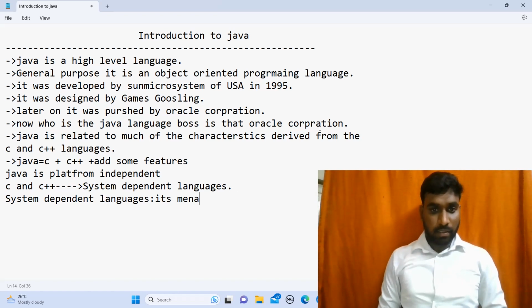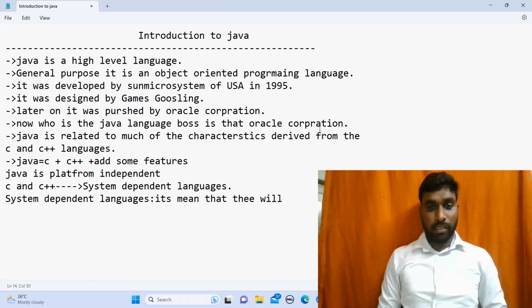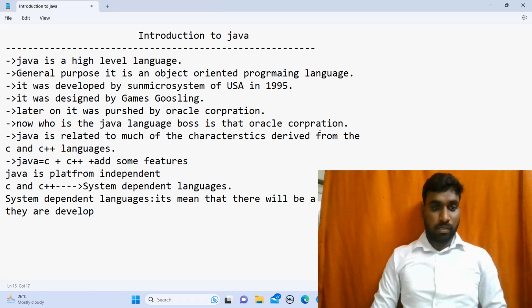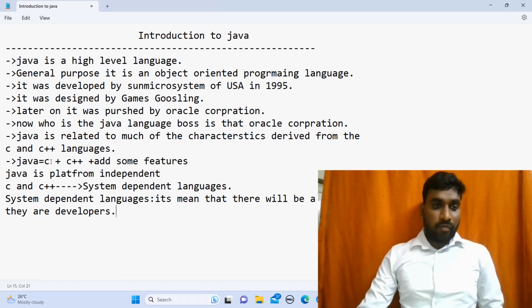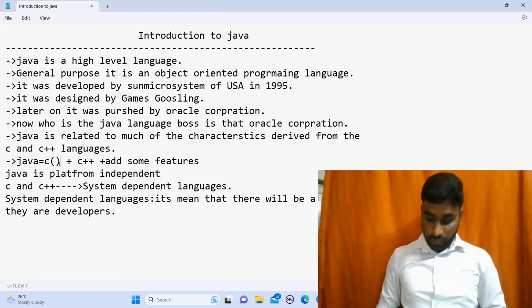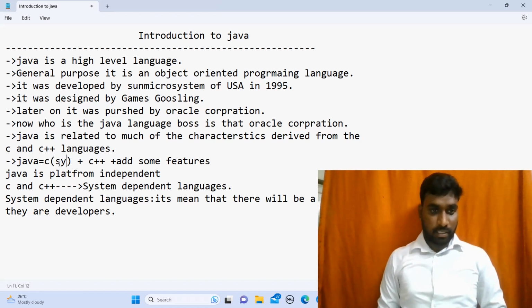It means that they will be executed on the system on which they are developed. Okay, so from C language we took syntax, guys,